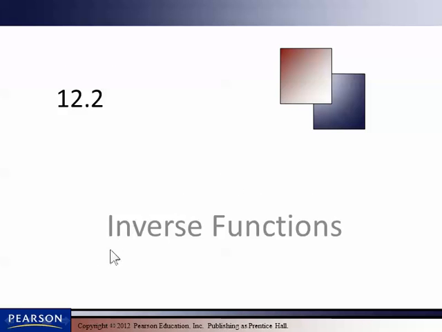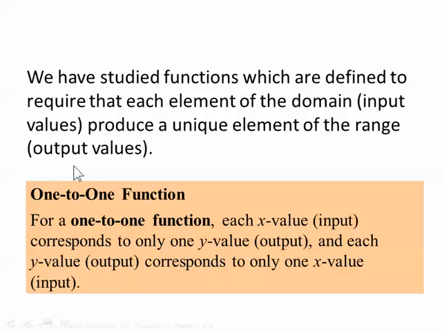12.2 talks about inverse functions, and we already did 8.2, which is the definition of function. Once you know the definition of function, which is that for every x value there's exactly one y value, so each element in the domain has a unique element in the range. Remember how we talked about that? Okay, good. This is then one step further in terms of whittling down this